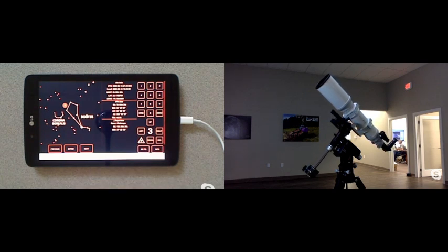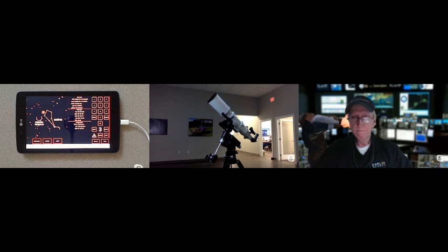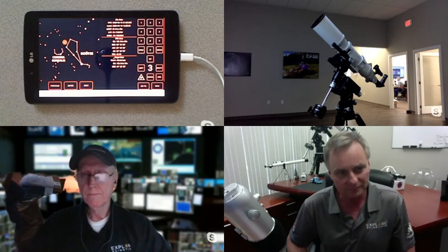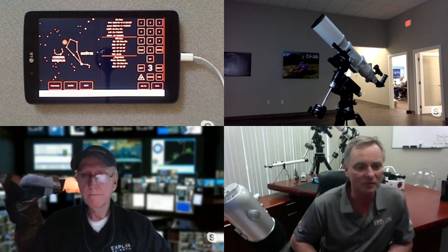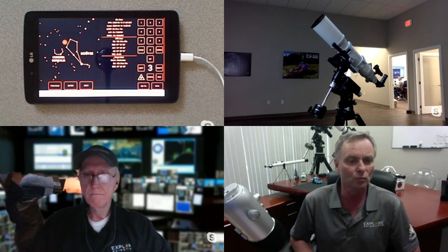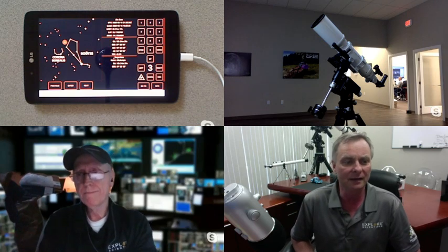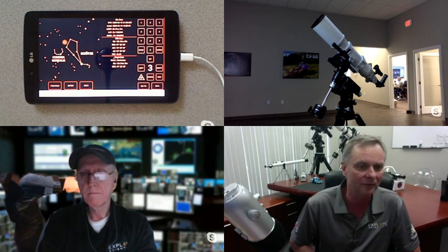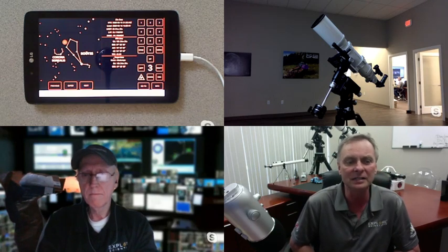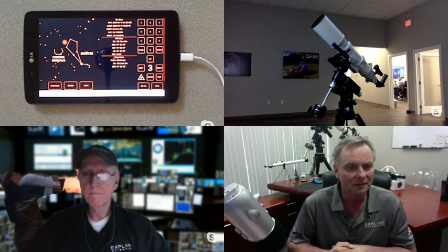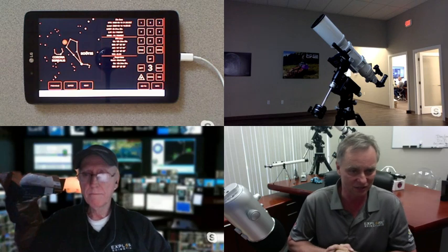There we go. Now, something we should talk a little bit about at this moment is why did we go this route of choosing a system that would be controlled either by a mobile device like this or a desktop, and not just do what everybody else did and build in a hand controller? We had long conversations about this because we already had a hand controller. We could have rebuilt it, reconfigured it, and then tethered it to another system, but it still would not be as versatile and as evergreen as this system is. Because